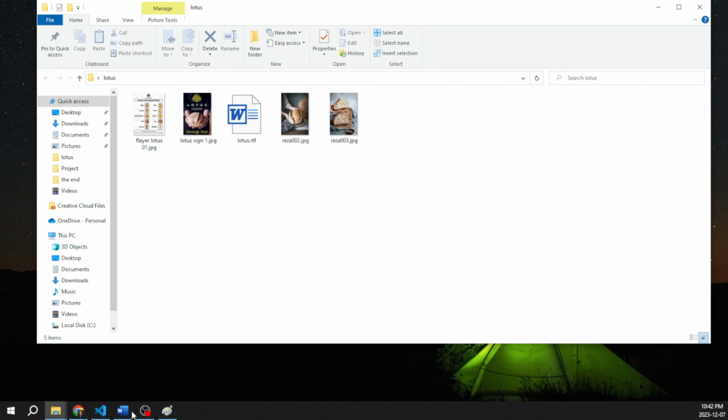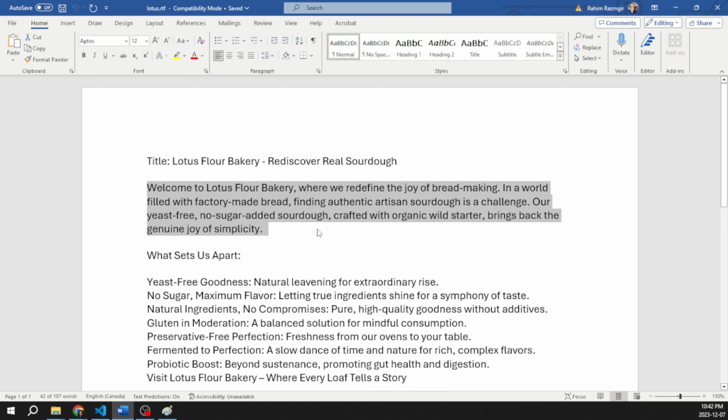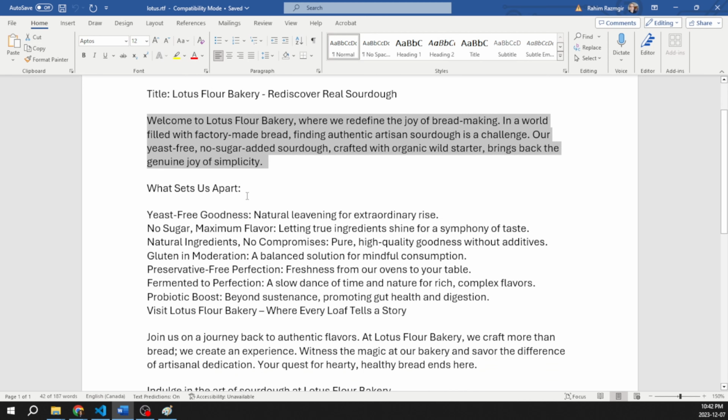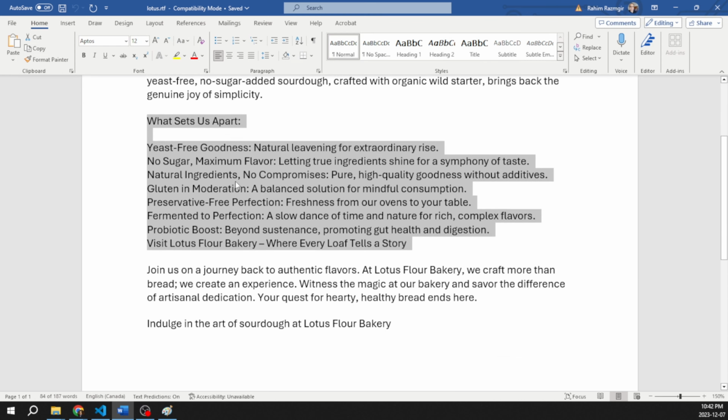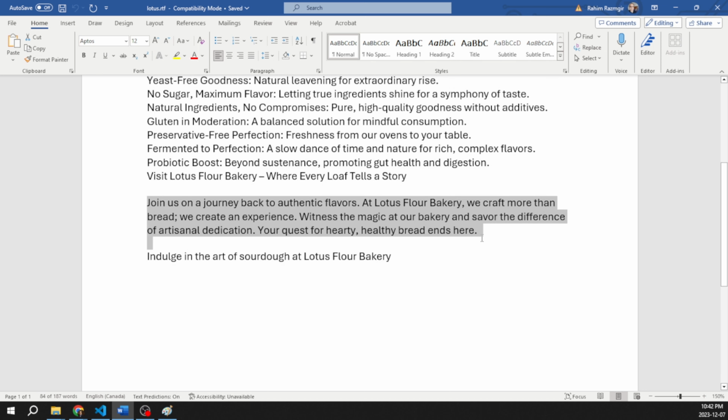And if you remember the content file that we got from the client, we have already used the first two parts. Now I want to save this section, what sets us apart, for an About page. And I want to use this last paragraph or the last two paragraphs for the remainder of the home page or the main web page we are working on. Now, basically I want to almost repeat the same process we did for the first part of the main section, image and text on the side, but I want to do it a little bit differently to add more variety to the design. So let me just bring this part of the text first